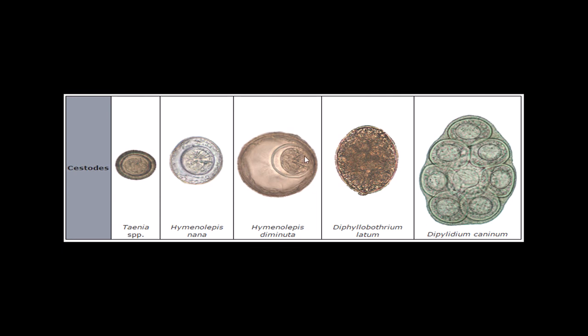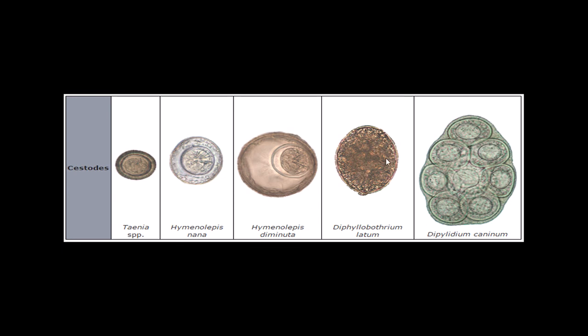In Hymenolepis diminuta, usually we don't see the hairy structure like those of the Hymenolepis nana, or the dwarf tapeworm. And one that comes from dogs called Diphyllobothrium latum. This is the fish tapeworm that comes from eating raw fish and has the ability to